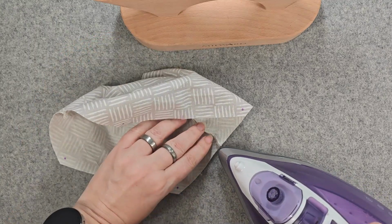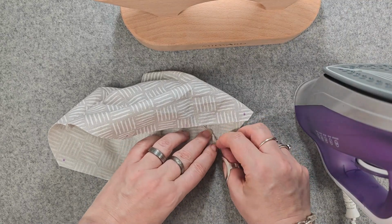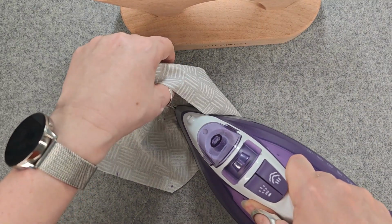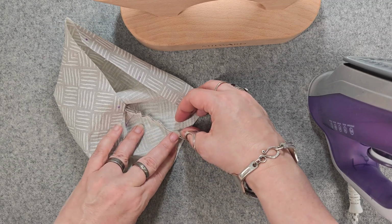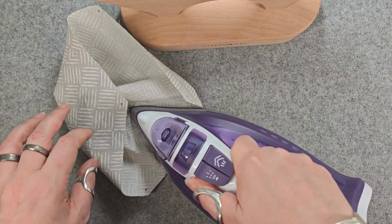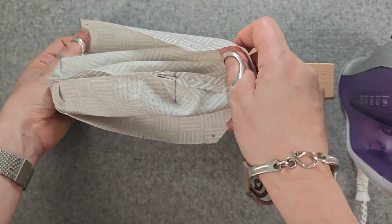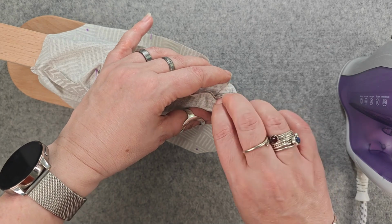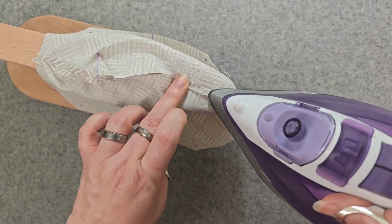So obviously the ends are very easy to press. Oops. If I can get my fingers into it. So obviously you can press it flat against your pressing mat, but the second you start to get into those curves, it's really hard to find a way to press. So what you can do with this, you can see it's got this sort of nice narrow little edge, and if you pull that over the edge, you can use either end with this. Obviously you just need to be careful with the iron that you don't press your fingers, but